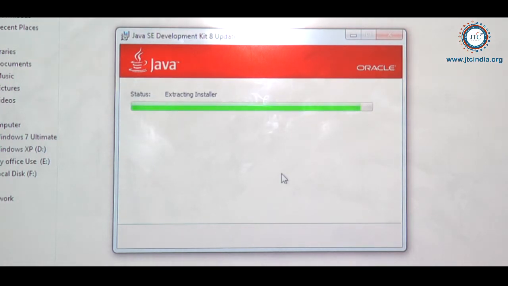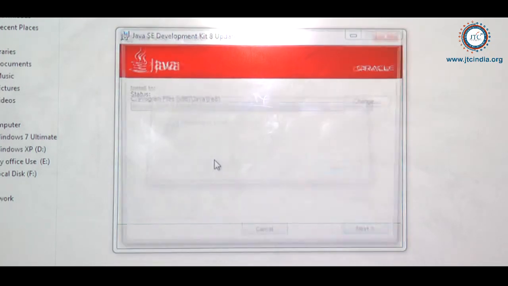It is expecting the files which are already available. Now you can see the many instructions it is writing here.